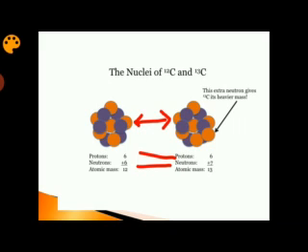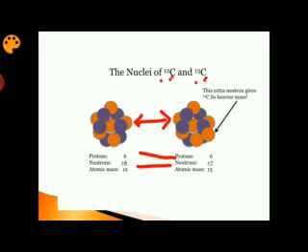Another point you can remember is that in the case of isotopes, the chemical symbol will be the same, C. And in the earlier case, we saw for all 3 isotopes, the chemical symbol was H, because the chemical symbol is determined by the number of protons. We know their chemical property will be the same if they have the same number of protons. That means the number of electrons is also the same and their chemical property will be the same. So for isotopes, the chemical symbol will be the same, and the number of protons will be the same.